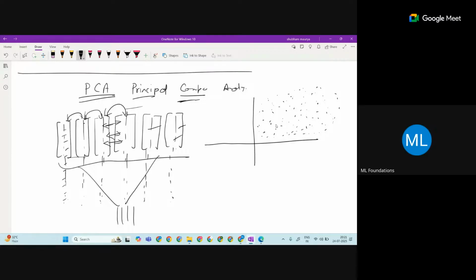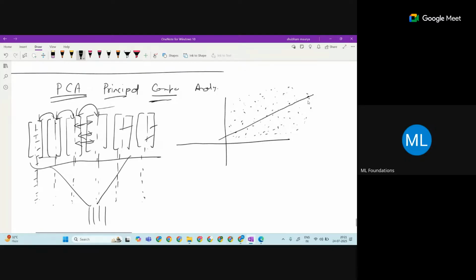We want to visualize it, okay? So I want to find a direction. This is your principal component, okay? I want to find this component, means this direction, so that when we project all the data on here, when we project the data on here,